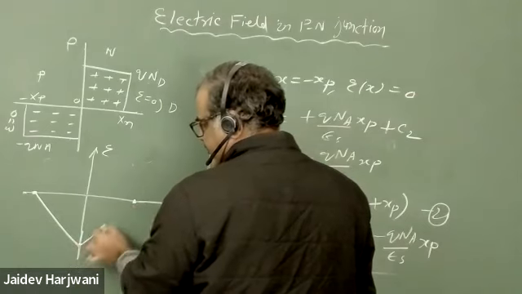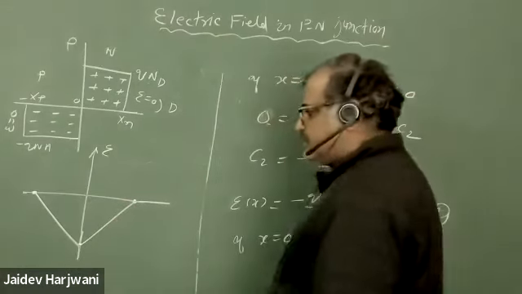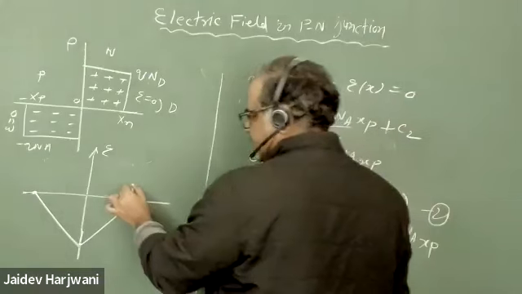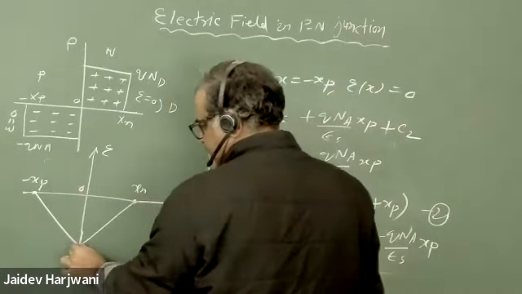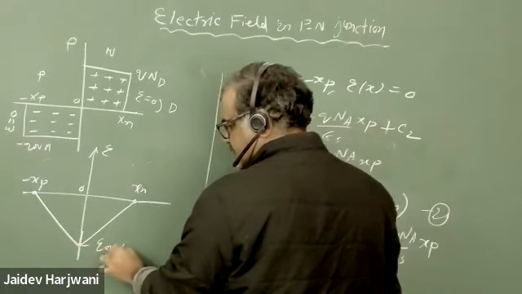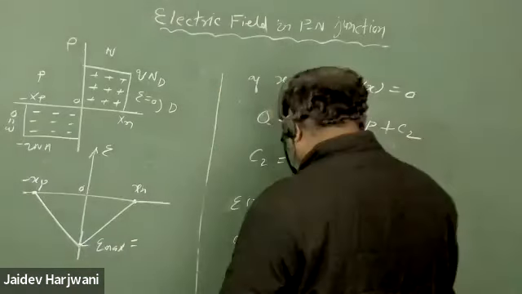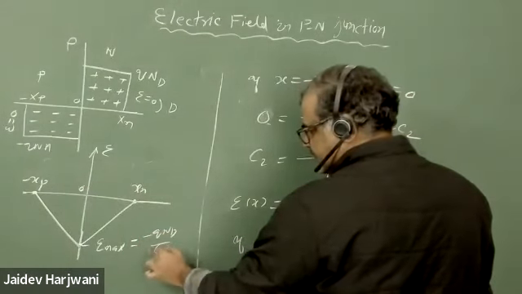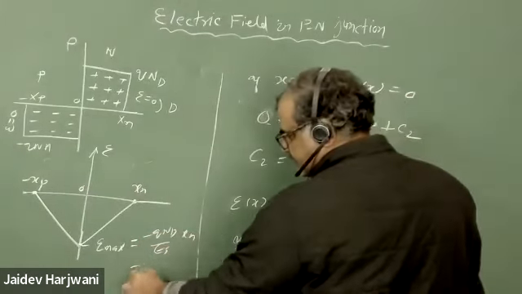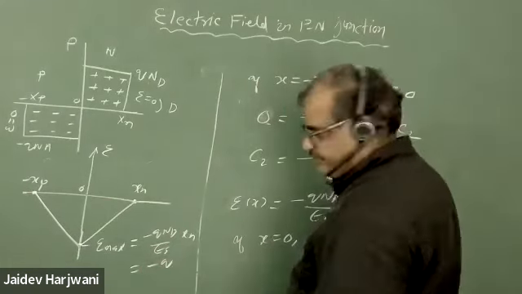Similarly for the n side you have a positive slope. So you can write minus xp, xn, 0, and here you have E max, the maximum electric field, whose value you already know,